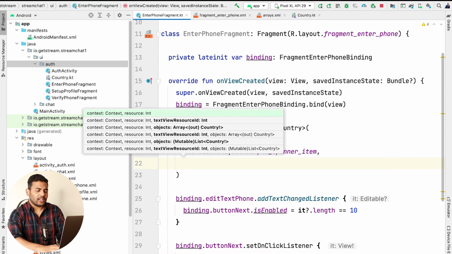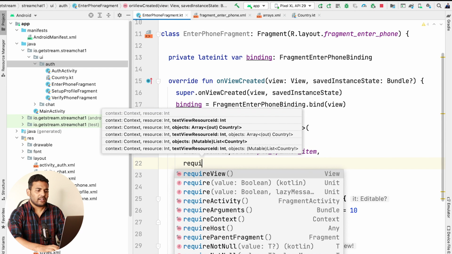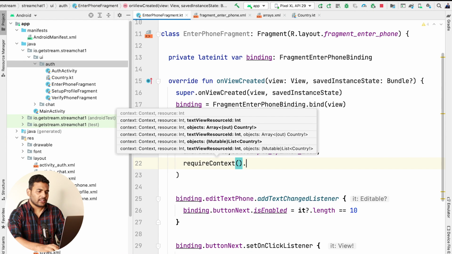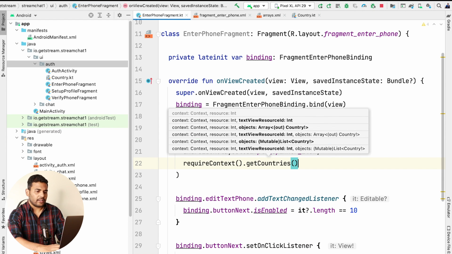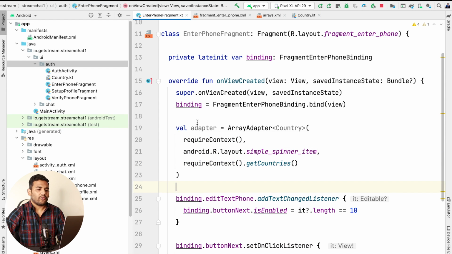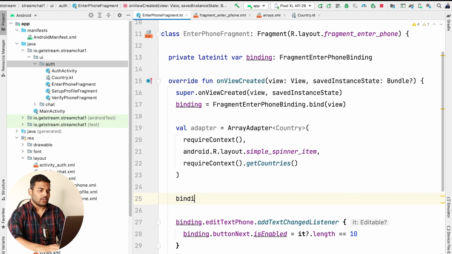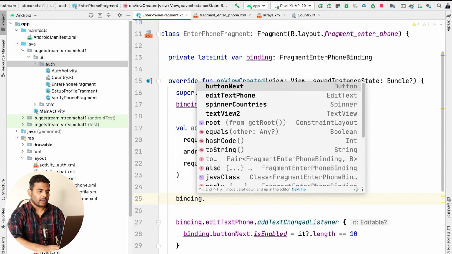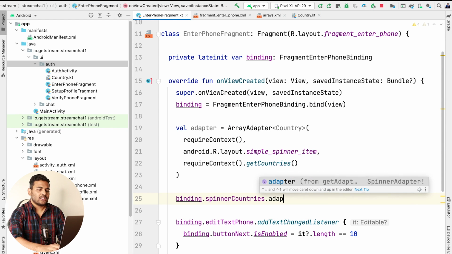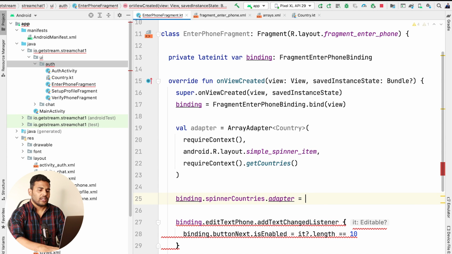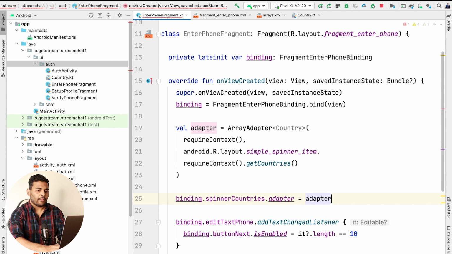For the last parameter I will pass list of countries, and I can get the countries using require context dot get countries, like this. Now we have the adapter, and now we will set this adapter to our spinner. So I will write here binding dot spinner countries dot adapter equals to adapter.